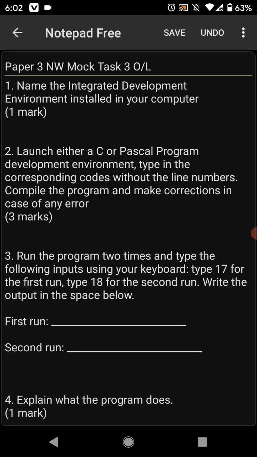They say number 2 was to launch either C or Pascal. I'm using C. So when you launch it and run it successfully, you earn 3 marks. When you answer the first question, you earn 1 mark. That's really 4 on 10. The third one: run the program